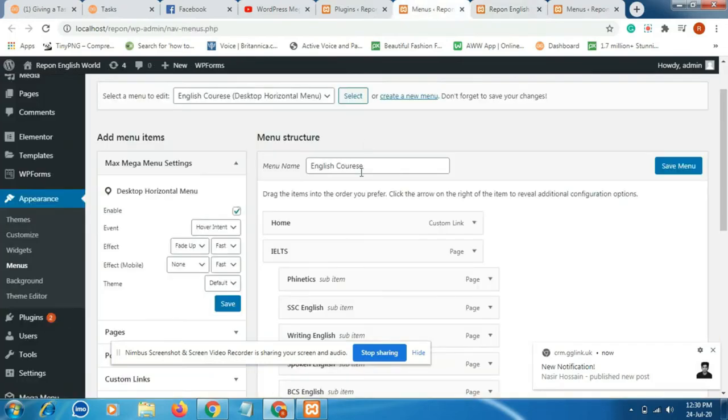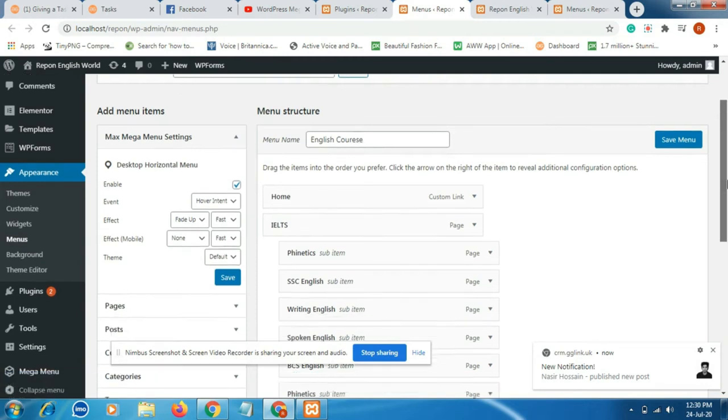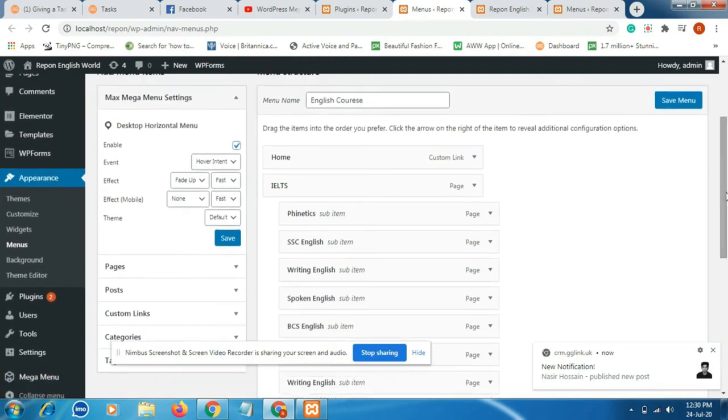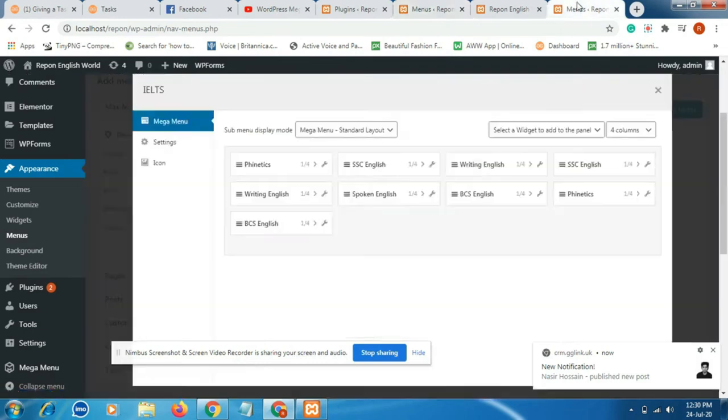If we want to change our mega menu, you can do it. Just click here and select the item, and there is a lot of customization.